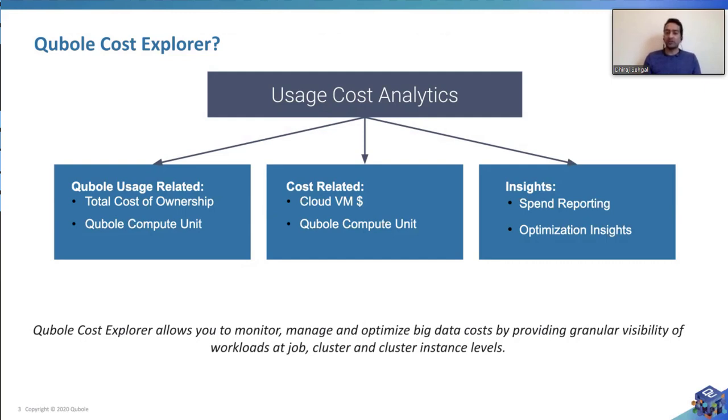And then you also get the cost related to the Qubole compute unit. When you combine both of them, there is an analytics piece to it, where you start to get insights into spend reporting: what type of workloads you're running, what is their spend, how long they are running, and what cost is associated with that run. Then, how do you optimize with respect to that